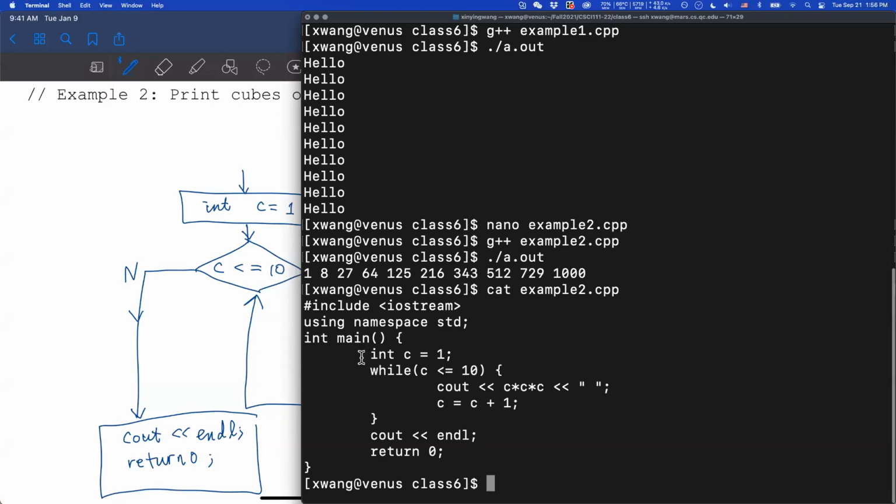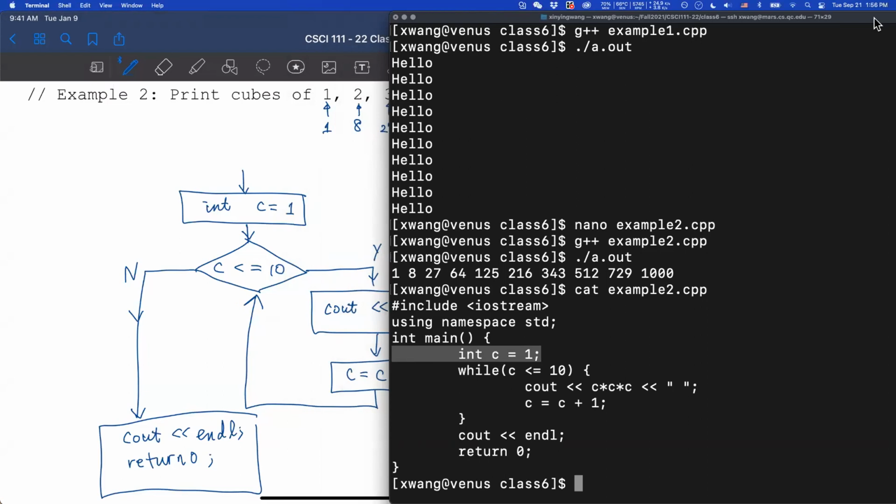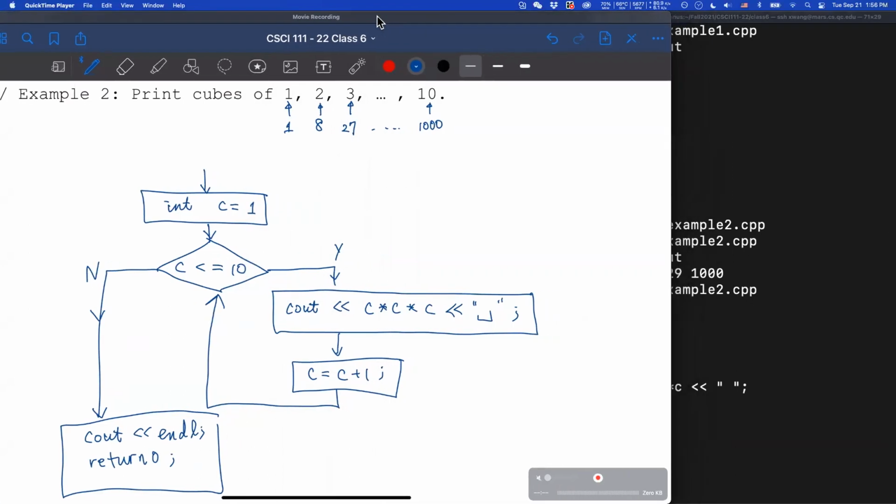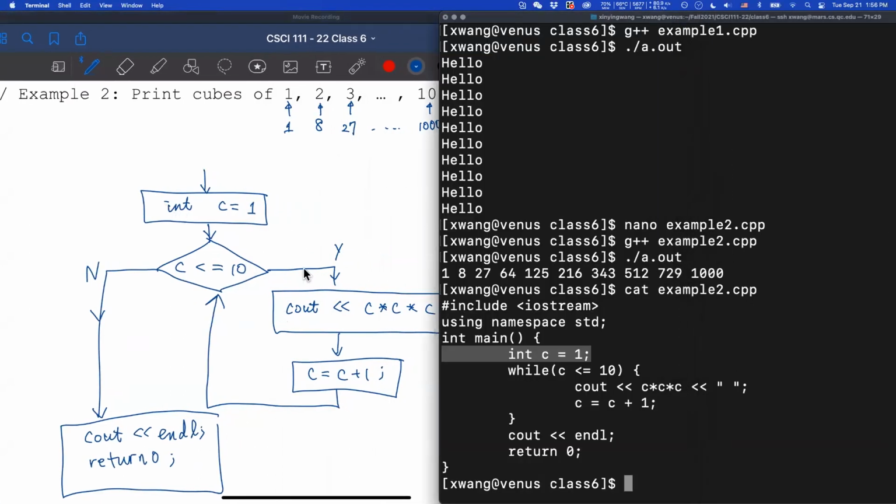Okay, so if you look at the code, right, first we initialize the counter. And then our question will be, is the counter 10 yet?